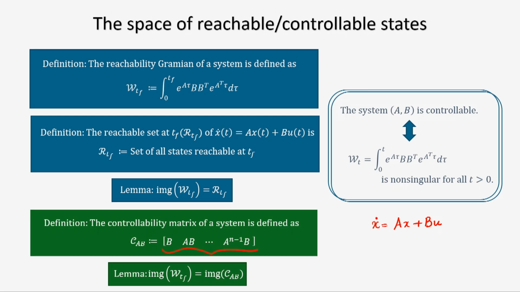So, you see, this has given us a very easy check, right. Previously, we knew that image of W(tf) equal to R(tf), R(tf) being the set of all states which are reachable, or the set of all controllable states. Now, we are saying that image of W(tf) is also equal to image of C AB, where C AB is the controllability matrix, defined in this way. Now, you see, finding C AB is much easier, no integration, nothing, just multiplication, B, AB, A square B, and then you have to find out the image of this, that will be nothing but the reachable set.